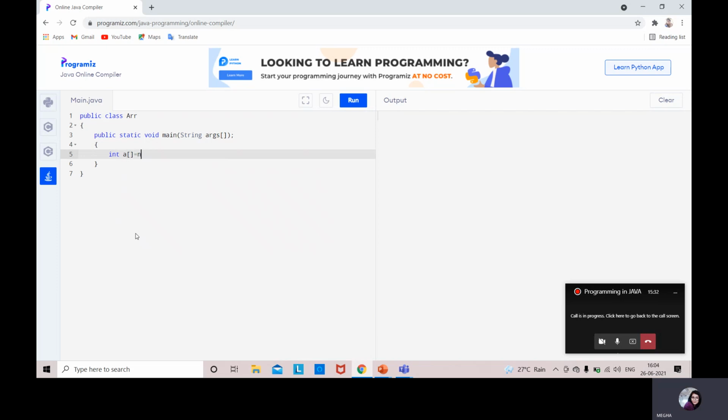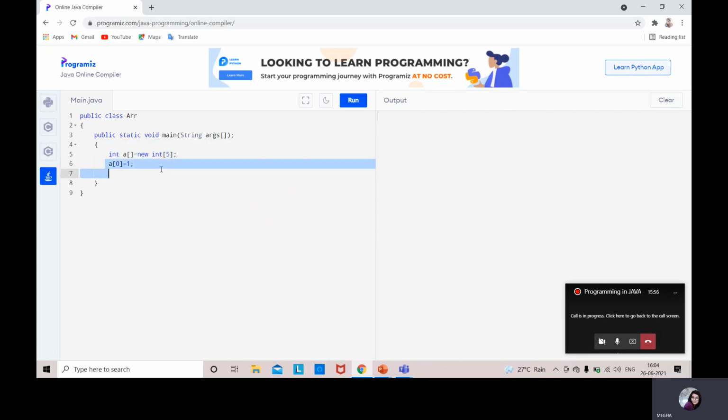is equal to new int, inside which let us take 5. We are giving the value a[0] = 1. This is initialization.